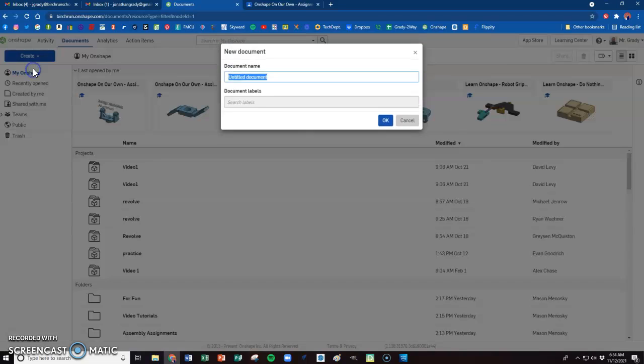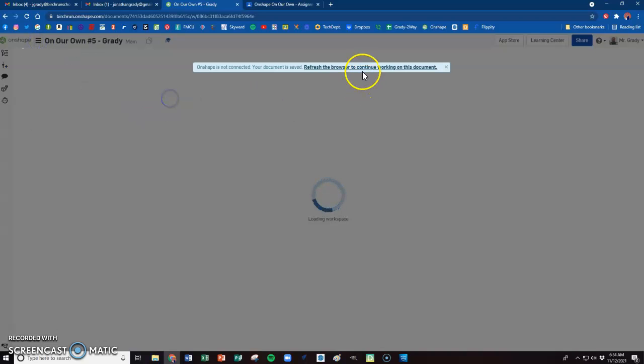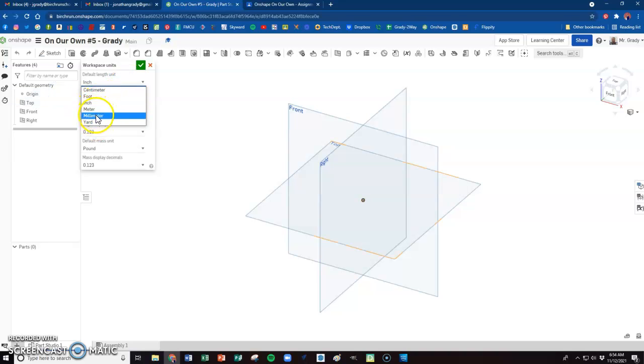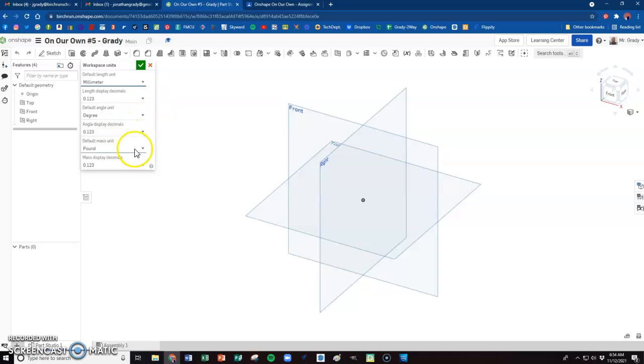Alright, so let's create a new document on our own number. You can call it whatever you want. I already drew this once, so I'm just creating a kind of a silly name here. Number 5, and right off the bat, I don't know why it does that. I'm sure you guys have come across that as well. I want to change my units, and we're doing millimeters and grams. Okay, so I'm now set to start drawing,